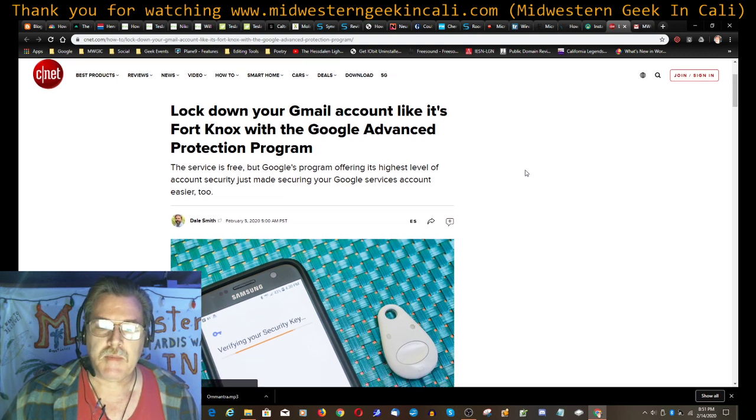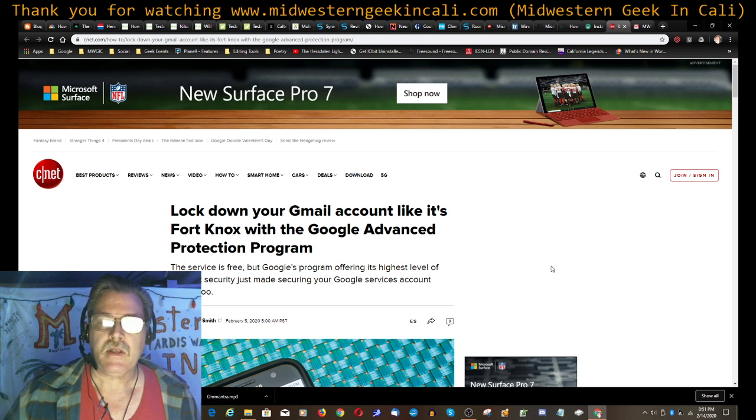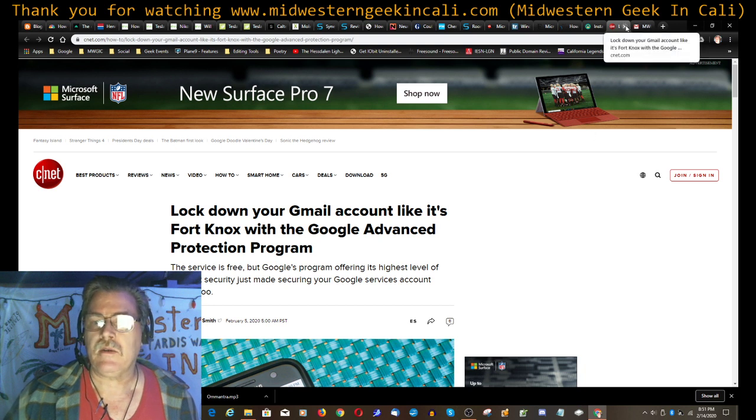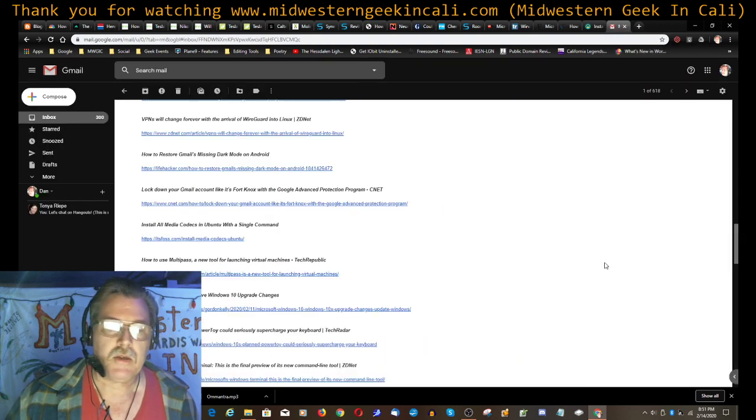It does cost about $50 for a set of keys, but definitely something you should consider. I'm actually thinking about getting this. The service itself is free now, note, but the key fobs cost money, about $50, they said. So take a peek at that article if you want to keep your Gmail secured. Don't lose the fob either.